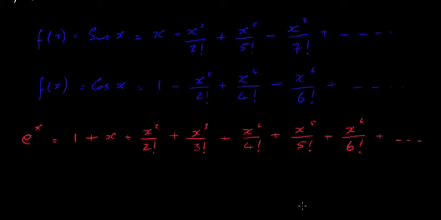Now you can probably see at this stage that there is a relationship between these two series here and this particular one here. We have a 1 here, we have an x here, we have an x squared over 2 factorial here, however the sign is different. Here we have an x cubed over 3 factorial, here and here, but the sign is different. Same here, here and here, and so on. Okay, so let's just have a look at